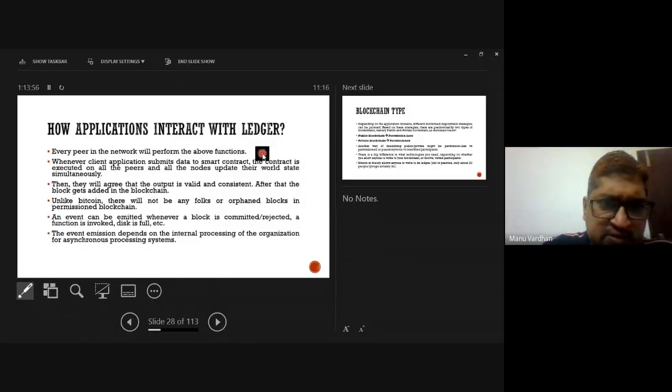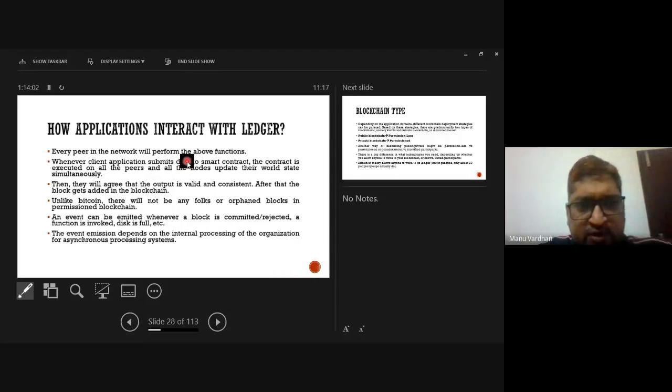So this is the same thing which I have discussed: how the application interacts with the ledger. In every peer-to-peer network, we perform the above functions. Whenever a client application submits data to a smart contract, the contract is executed on all the peers, and all nodes update their world state simultaneously. Then they will agree that the output is valid and consistent. After that,